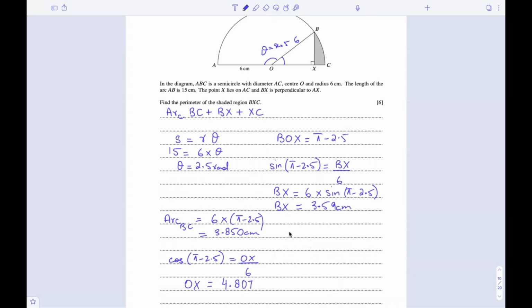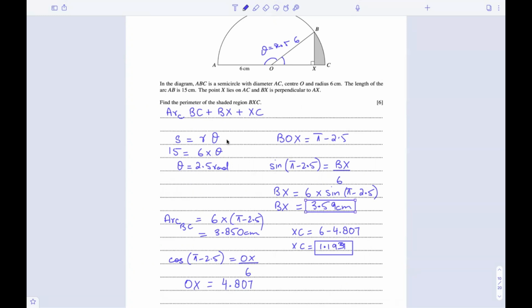So the length of XC would be 6 minus 4.807, which is equal to 1.193. So we have the length of XC, we have the length of BX,